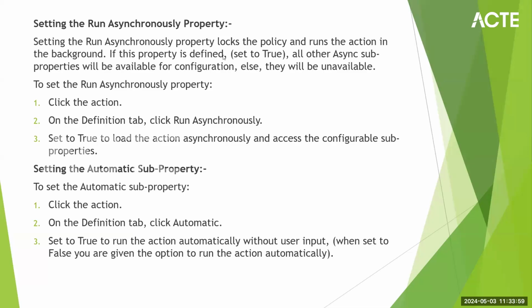If this property is set to true, all asynchronous sub-properties will be available for configuration, else they will be unavailable. Suppose the condition is true for this property, then all the configuration properties will be available. If not, they will not be available. So how do you apply this property? Click on the action on the definition tab, click run asynchronously, and set true to run the action asynchronously